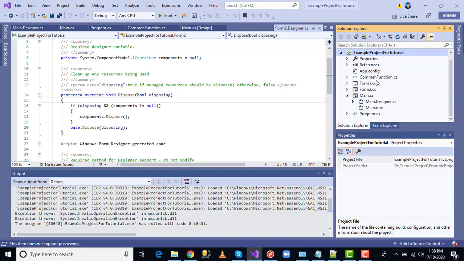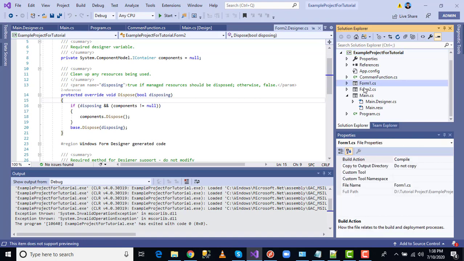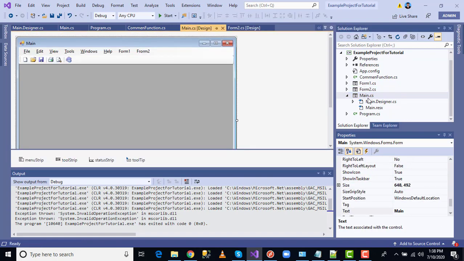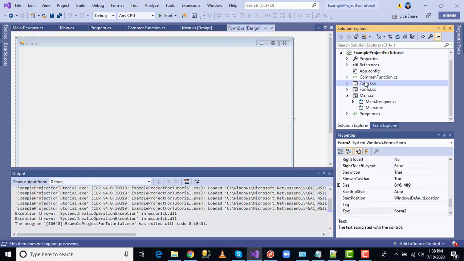By default it opens form 1. I created another form, the MDI parent form. So this is the MDI form, this is form 1, and this is form 2. I'm also designing it so that these two forms close when I open a new form.